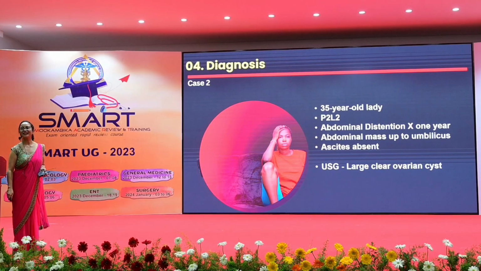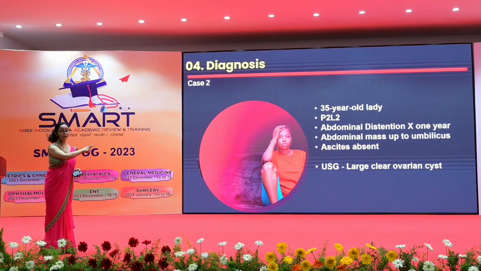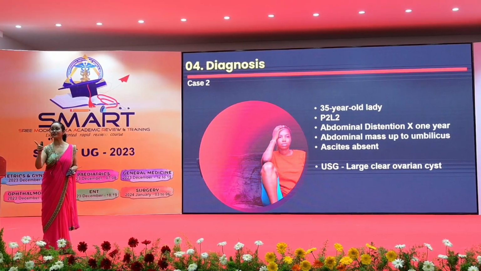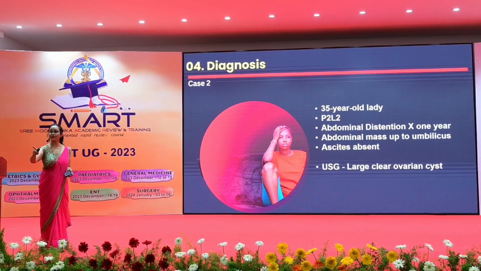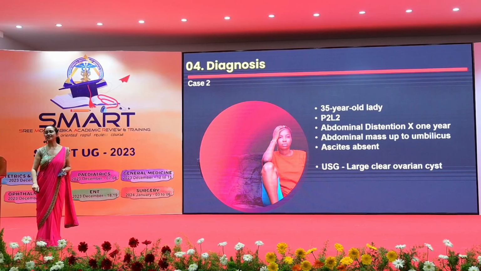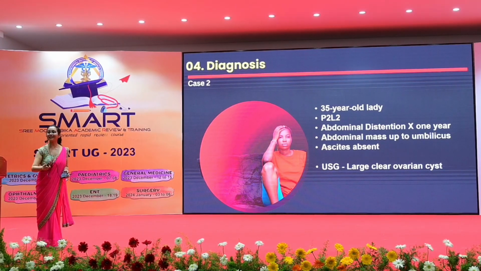Diagnosis? Very good, benign ovarian cyst. Why do you say so? Age. That's what I think ma'am was trying to tell in her case. You have to start making that the patient was in the reproductive age group, 43 years. Okay, she is 35, reproductive age group, young patient. She is not on extremes of any age, okay? And there is no ascites, that means it is not a malignant lesion, and it is a large, clear, good-looking cyst, so it has to be benign.